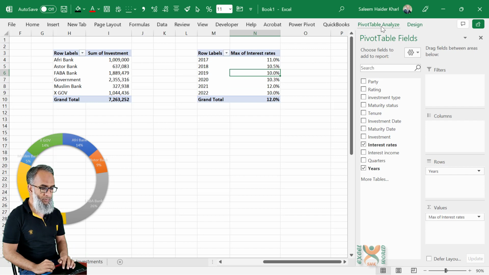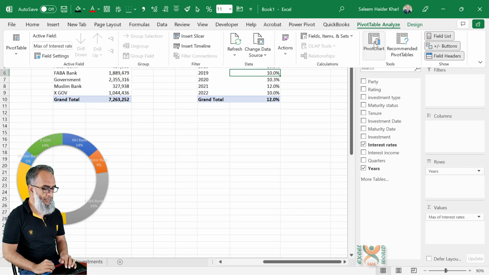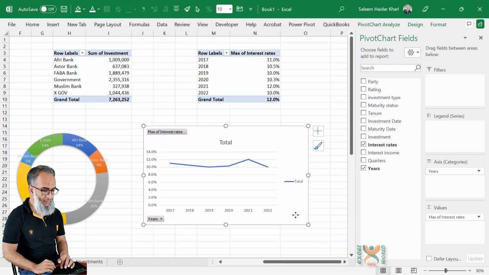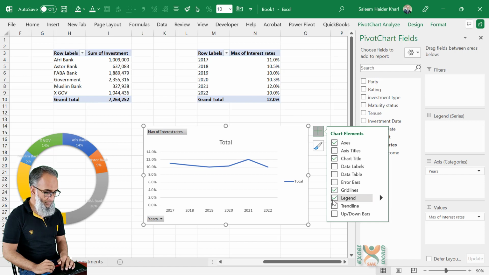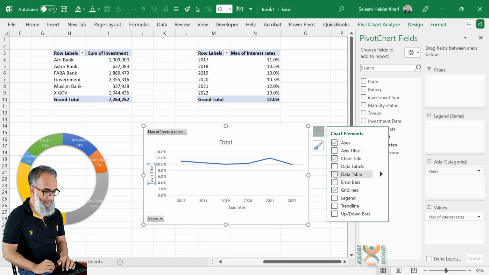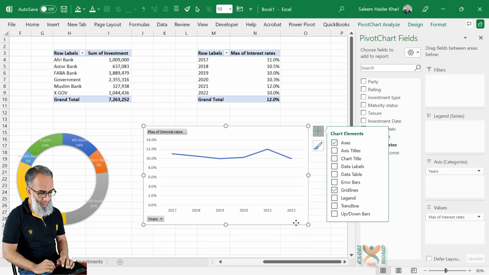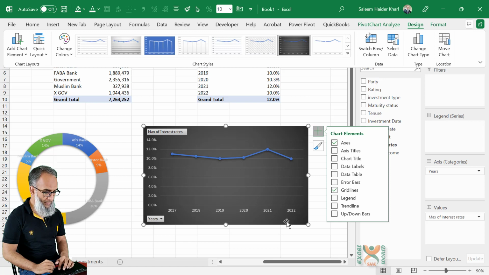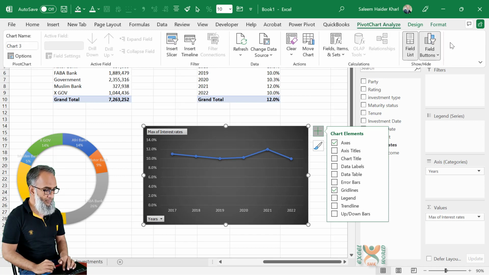Now click on it, go to pivot table, analyze, and click pivot chart, and click on the line chart. The first line chart would be fine. Press OK. And we do not need the legend, we do not need the title. We first have to select the format of our liking from design menu, and now we can remove the field